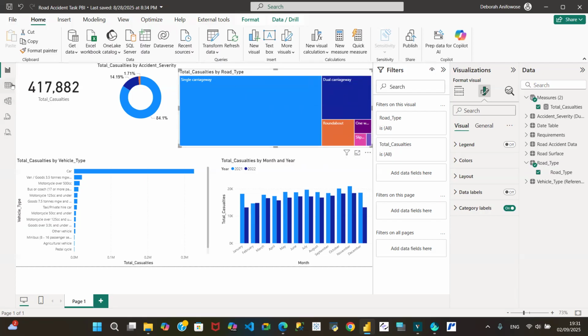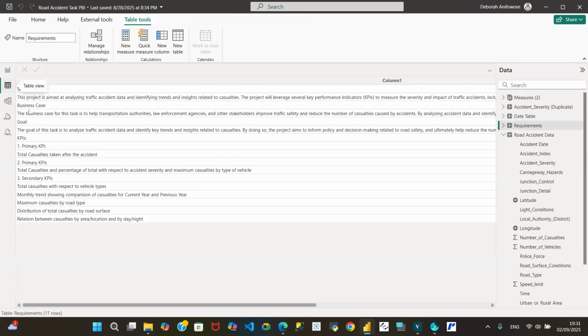Okay. I'm still looking at the requirements. We've just looked at maximum casualties by road type, distribution of total casualties by road surface. So we've done road type. How about